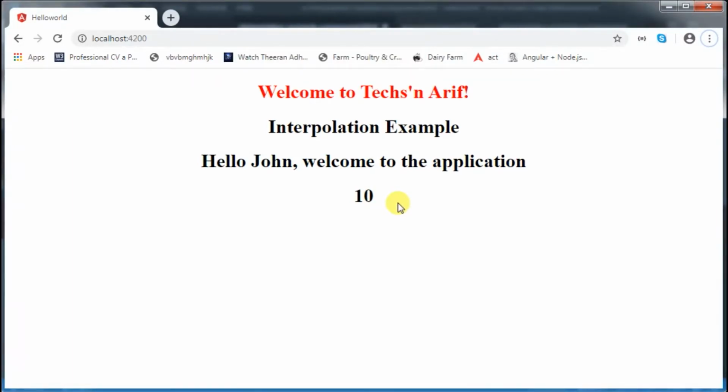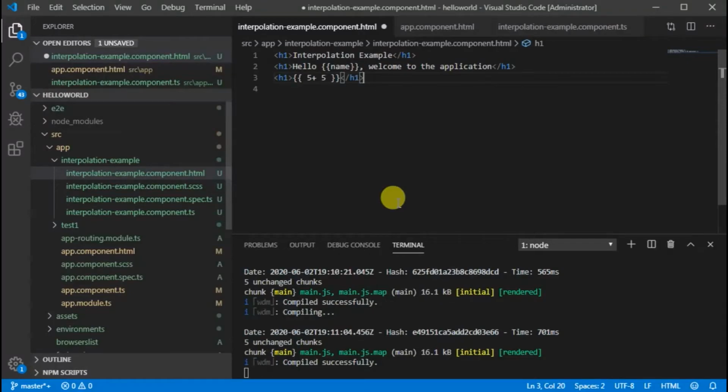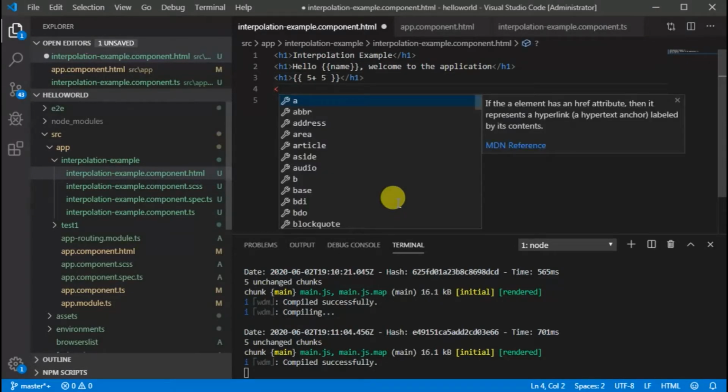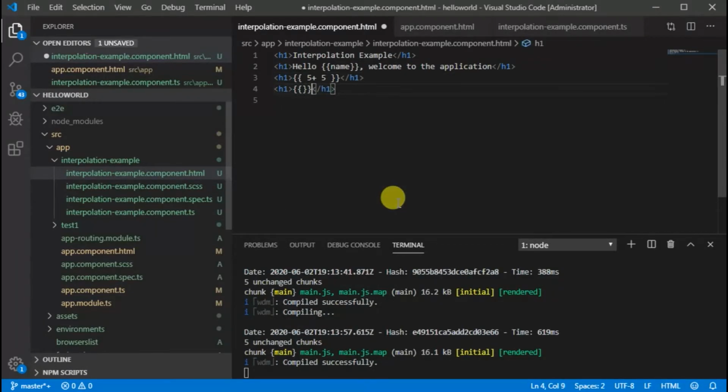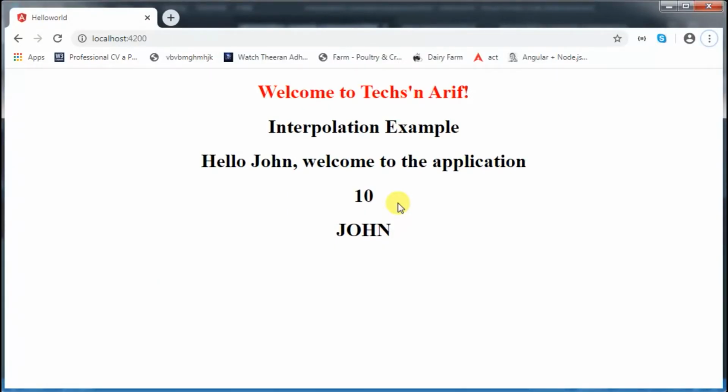We will go back to Visual Studio Code again and try to access JavaScript methods. Here we will try to change the name to uppercase. We will go back to the browser again. Yes, here we can access the JavaScript methods. Alright, we also have the option to access custom JavaScript methods.